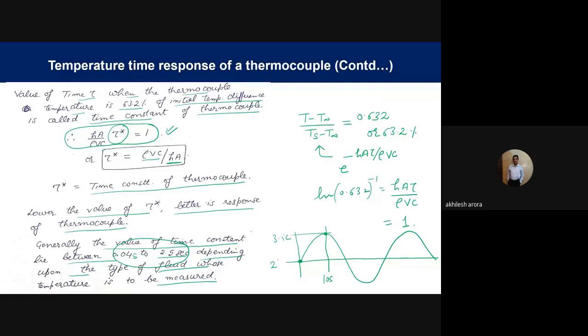However, if the time constant of this thermocouple is more than 2.5 seconds, say the time constant for this thermocouple is 15 seconds, that means it's measuring the temperature difference of 63.2% of the initial temperature difference, and it is taking 16 seconds, then the change in temperature which is undergone by the body will not be correctly measured by the thermocouple. Okay, so this is what I wanted to tell you in today's lecture. If you have any question, you can ask me.